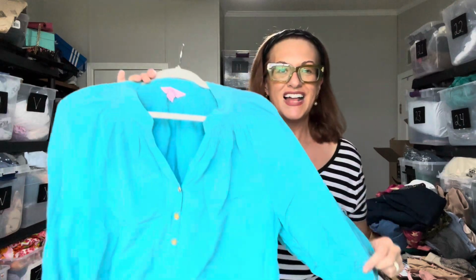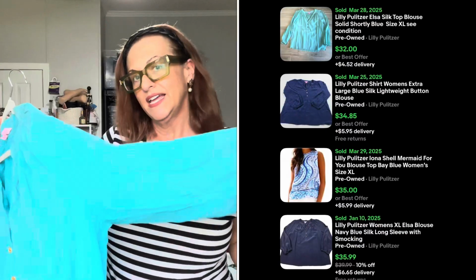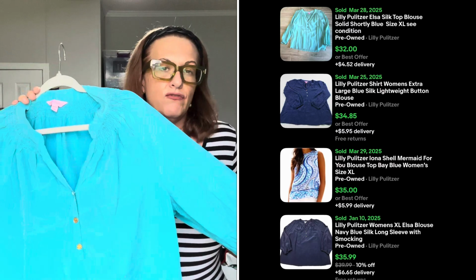It needs a really good steam. It's a beautiful turquoise color. I like it myself, so I may steam it and try it on, and I may keep it. I'm not really sure. On the secondhand market, even though these retail for about $158, they only go for about $35, $40. So what I like to say when I find something that I want to keep or I'm tempted to keep,